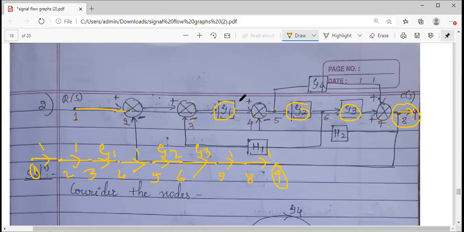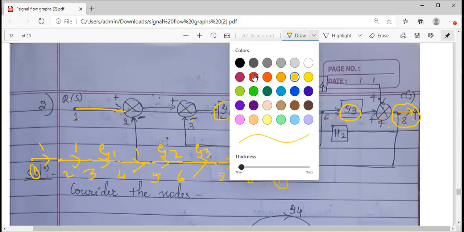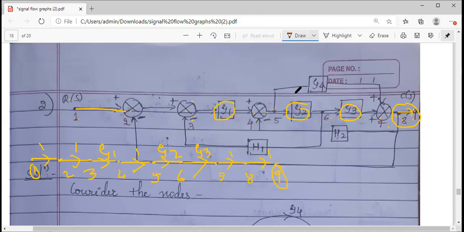So you have one more forward path here, you can see the G4 involved is the one more forward path. The H1, H2 involved are all feedback paths. So let me go for G4. G4 is drawn in between node 5 and node 7. So take node 5 and 7 and mark it as G4. Check the sign, it is plus. So it is plus G4.